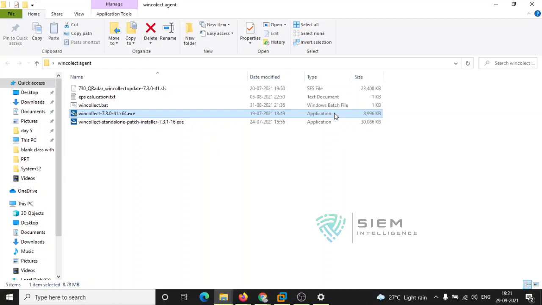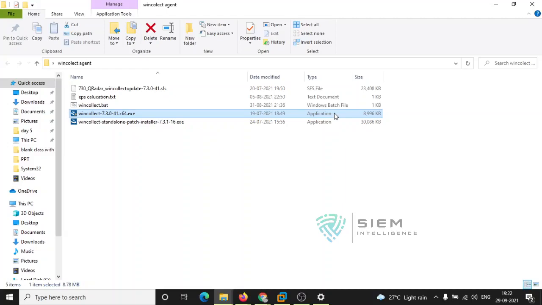It can push policies, stop, start and upgrade, but only with respect to the WinCollect service. It won't go beyond that. It can only handle that particular WinCollect service from the QRadar option.